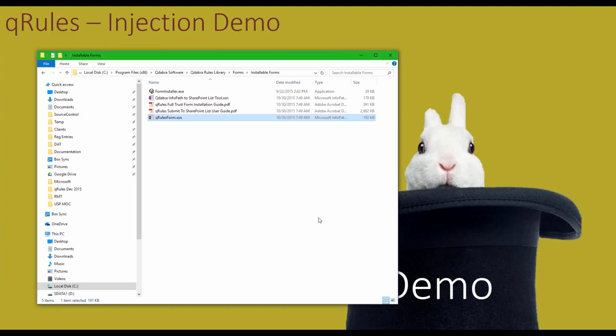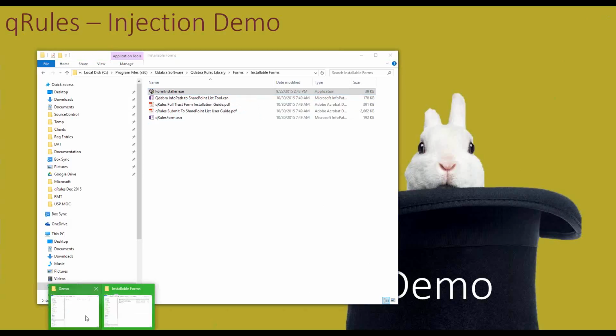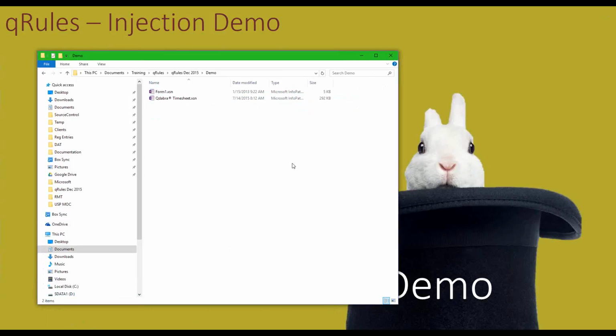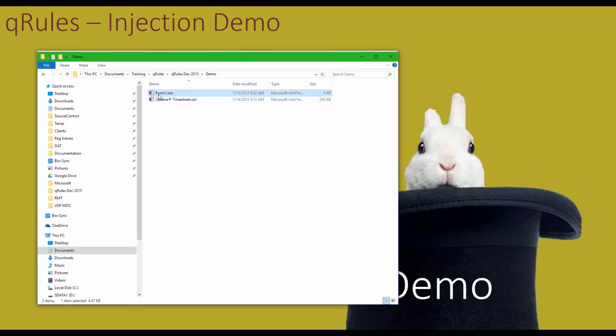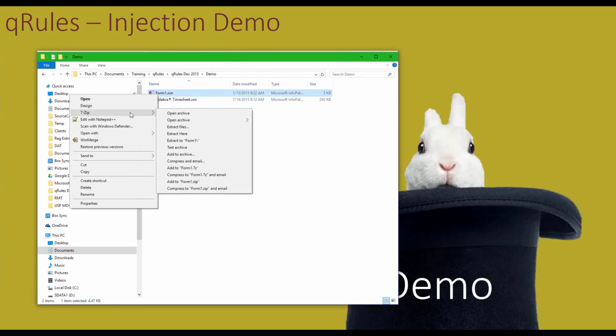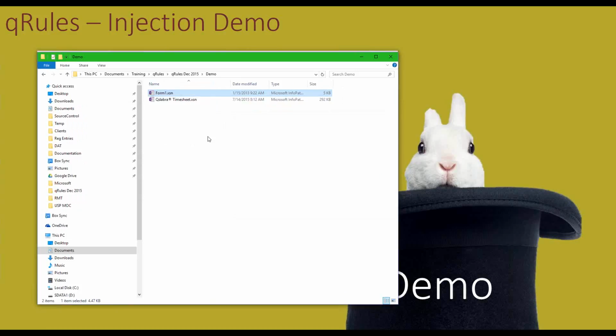And again, my point is that you can reuse this. So feel free, if you have a full trust template that you need in your organization, to take this and send it out with instructions for your users on how to use it. And the other point was how to remove it, because that one is always perplexing for me. So let's look at what gets installed, injected into a form when we inject it. I use 7-Zip. It's a little free program, and I use that to extract form files all the time.